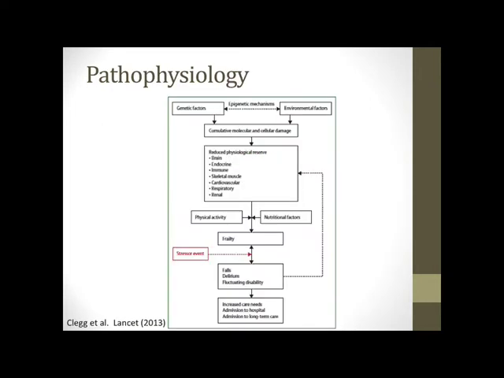And when we look at the pathophysiology, and I'm sorry, this slide is a little bit small, but what we're looking at is really genetic factors and environmental factors that lead to this accumulation of cellular damage that leads to reduced physiological reserve within a number of different organ systems. So this may be in the brain, in the endocrine system, in the immune system, and we know that there's been several